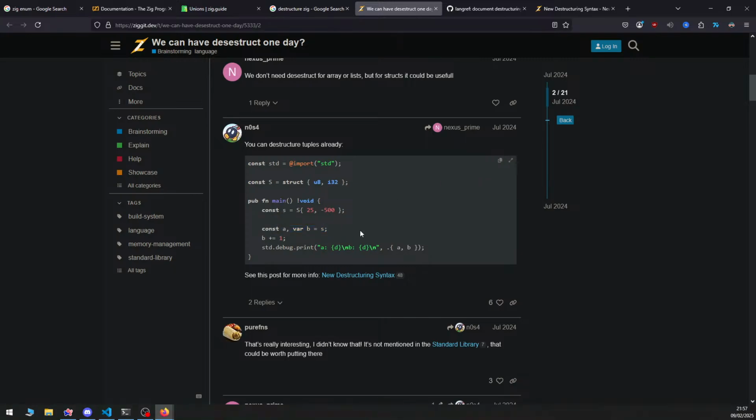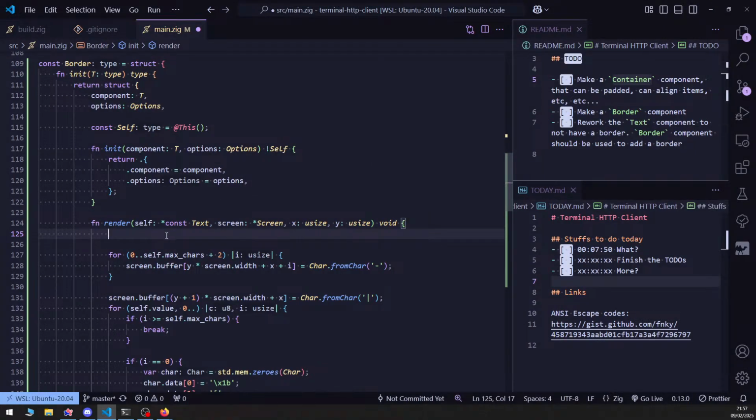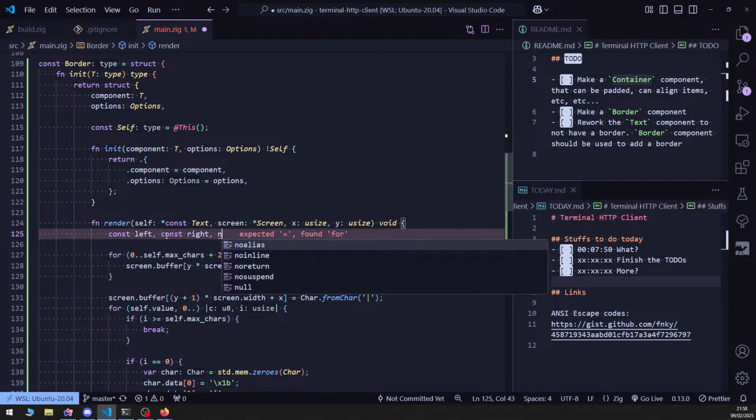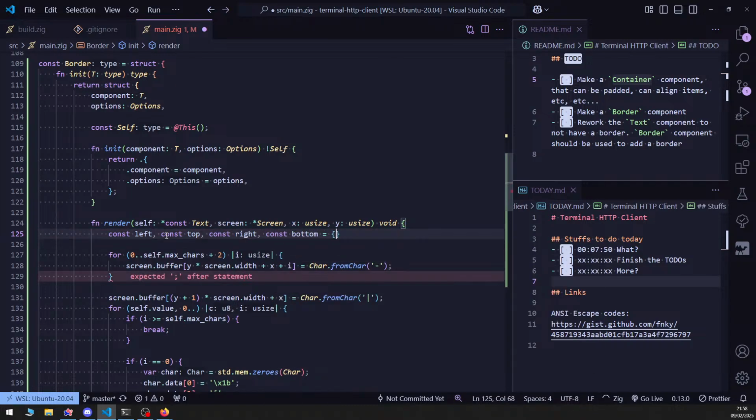You can do this. This is not bad. Okay, const. Const left, right, const top, const right, const bottom is